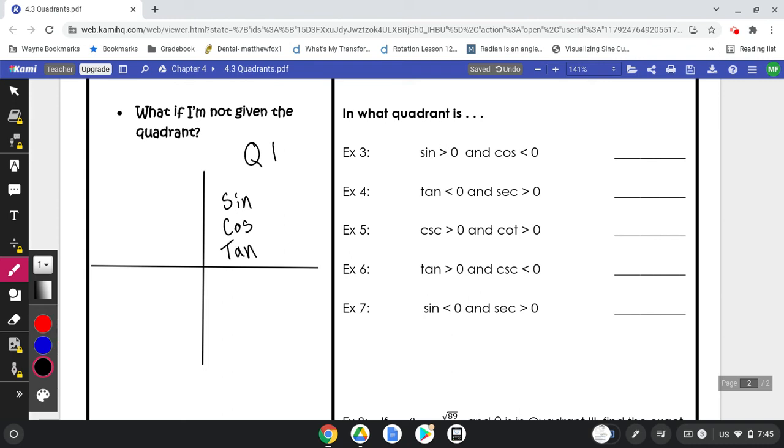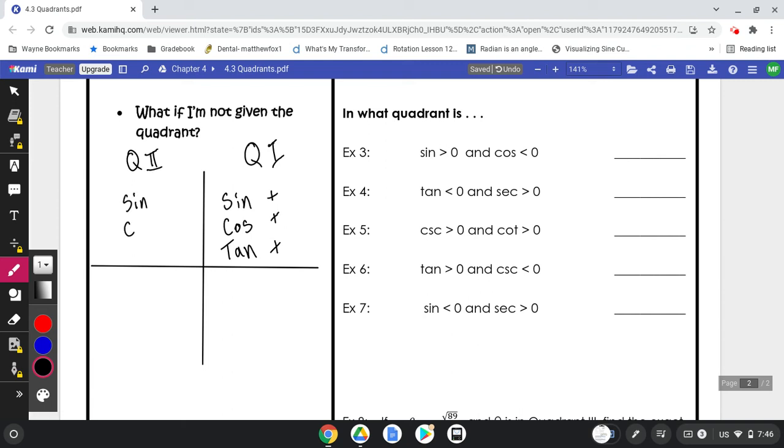And the sine and the cosine and the tangent, if we think about it, quadrant 1, both your x and your y are positive. So if everything is positive, your sine, your cosine, and your tangent will all have to be positive. Now, quadrant 2, that is not necessarily the case. Okay, I'm going to keep it in Roman numerals. So, quadrant 2,